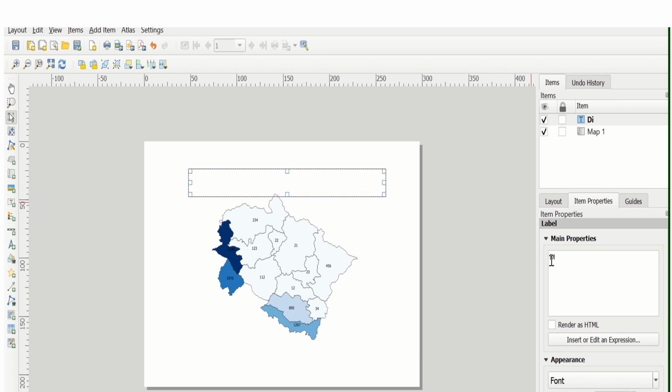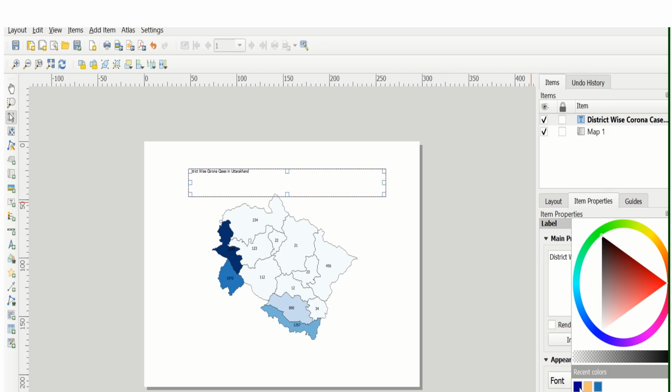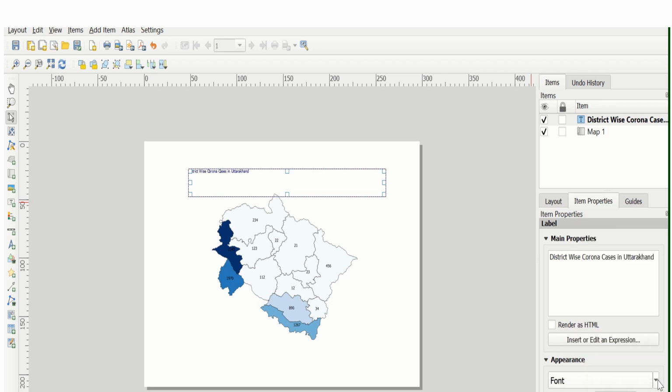We can write district wise corona cases in Uttarakhand. So we can change the font color as per our choice. So we select this blue. Then we are planning to increase the font size. Here the font size is 10.00. We can increase it. See how the font size is increasing.